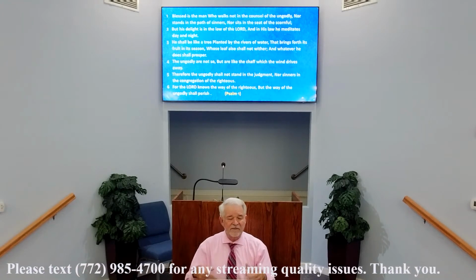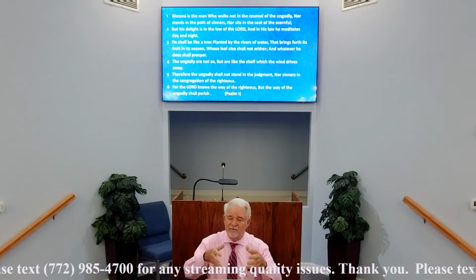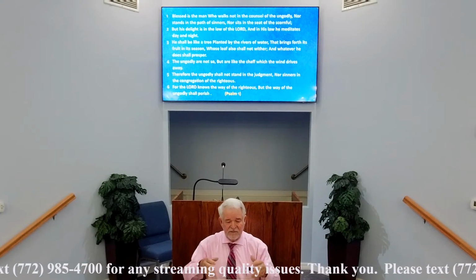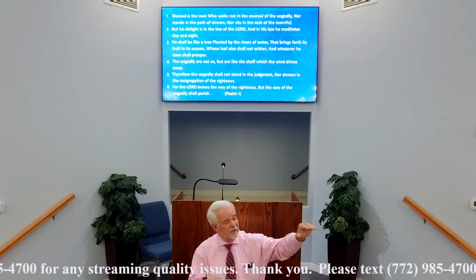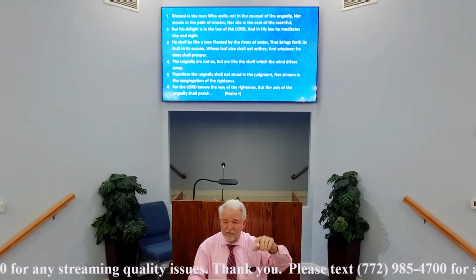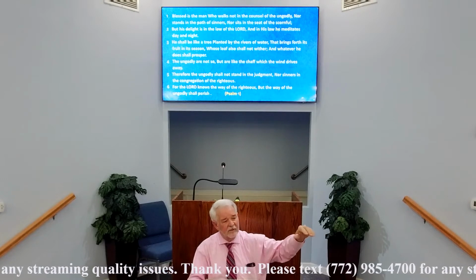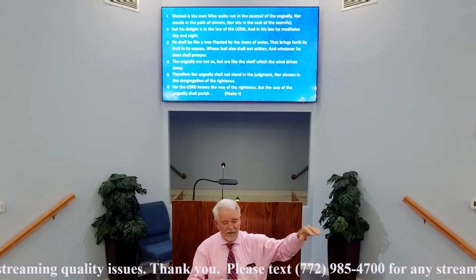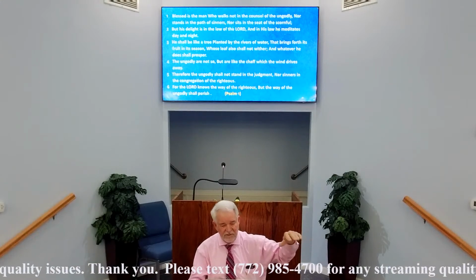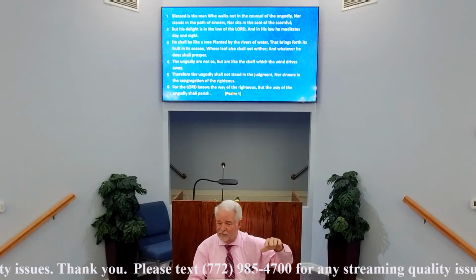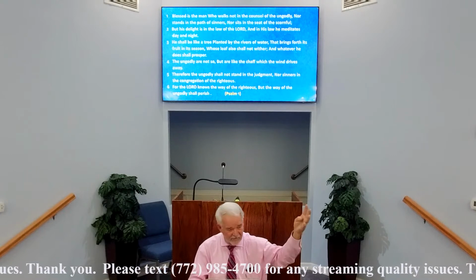What would be this? Well, he's talking about depth, and it brings forth its fruit in its season, whose leaf does not wither. Now see, you can put this tree here and you can list these qualities. This is how preachers write sermons if they're any good. You got these qualities. Well, how are you like a tree? Well, you're by rivers of water, you bring forth fruit in your season, your leaf doesn't wither, and whatever you do shall prosper. You got 4 points to your sermon already, see?